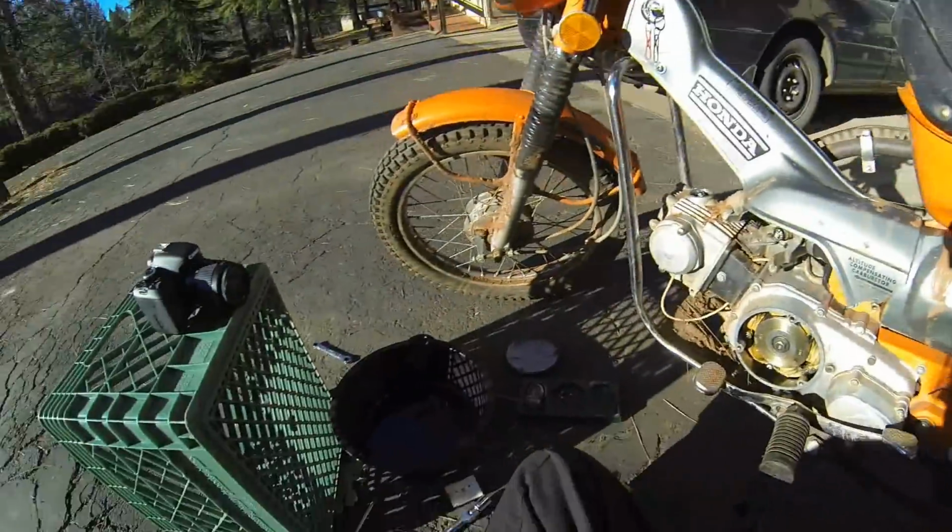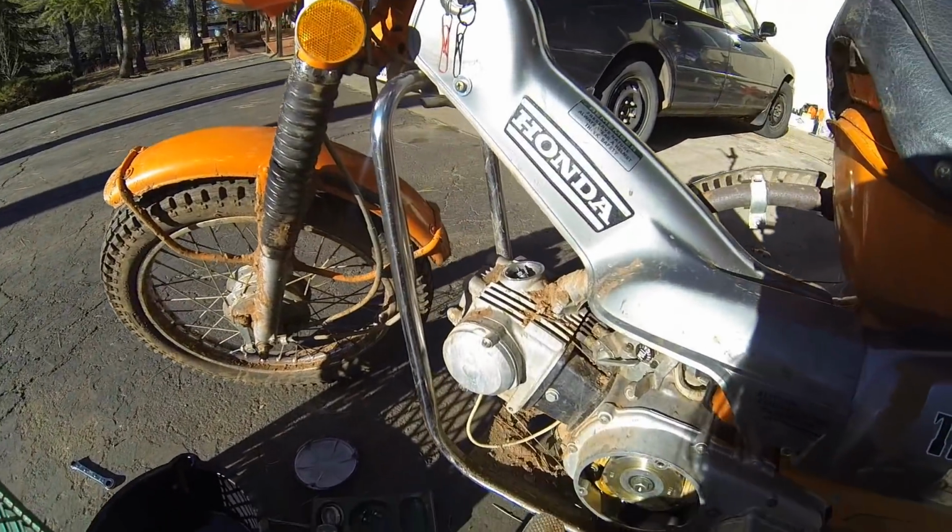Okay, once you've got the cover off, and you've got the valve cover off,